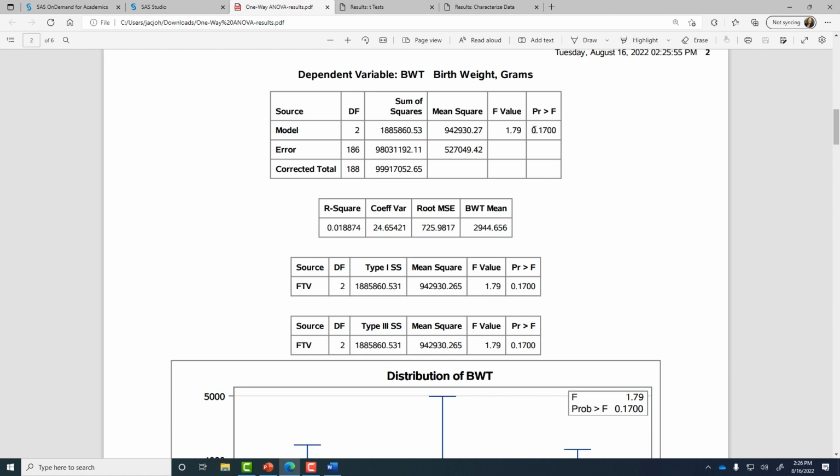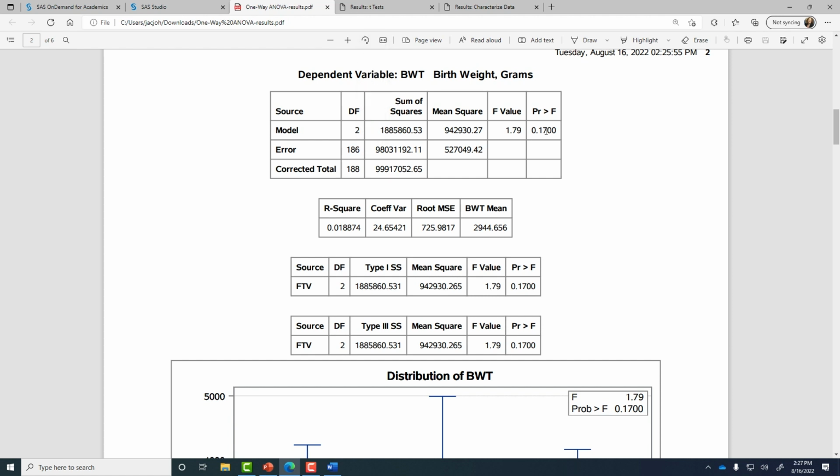Since we have only one variable in this model, we can inspect this top table. This top table presents us with a test statistic that we compare to the F statistical probability distribution. That test statistic is 1.79. The degrees of freedom for that test statistic are 2 in the numerator and 186 in the denominator.